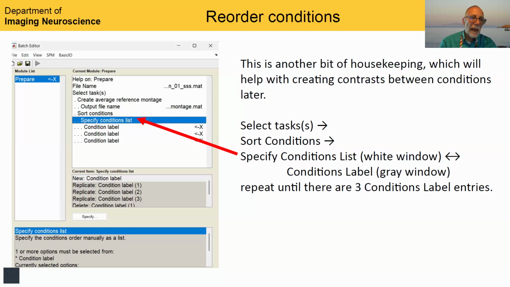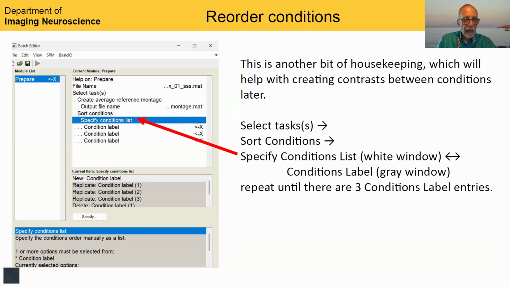As you can see, we have clicked select tasks again, and in the gray window, we have selected sort conditions. So in the sort conditions now,